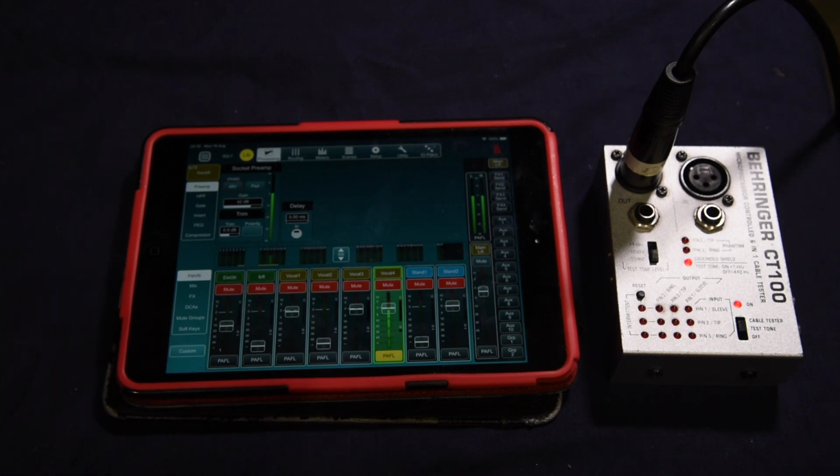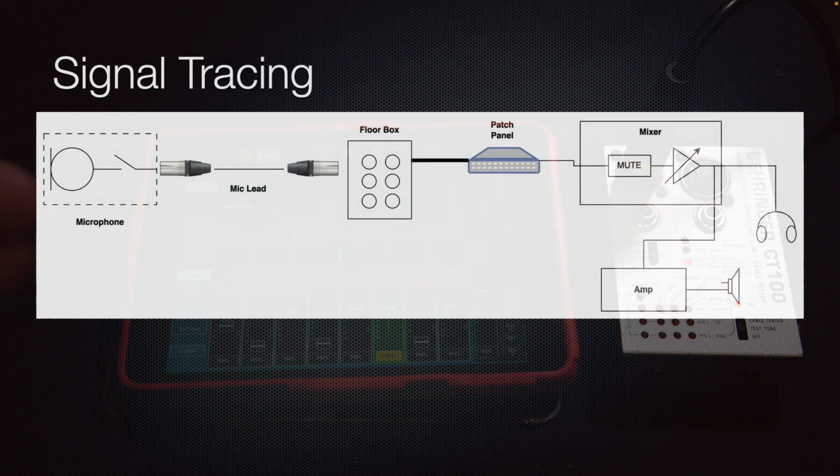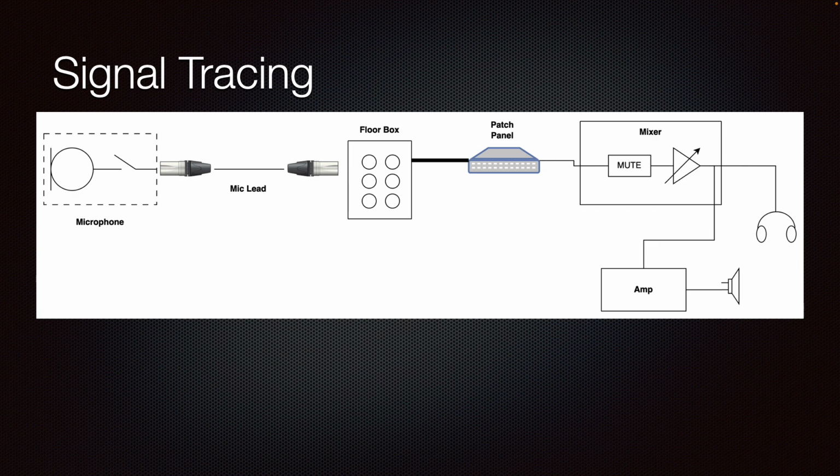So that's a good introduction to the CT100. So just to wrap up how you'd use the CT100 in reality. We go back to our initial case of having a microphone, mic test leads, floor boxes, etc. I will probably start from the stage end, to be honest, because that's normally where the problems are. So what you could do, for example, is take the CT100, put it into test tone mode, and then replace the microphone. So take the microphone out of it, plug the CT100 into that lead, and see whether the sound